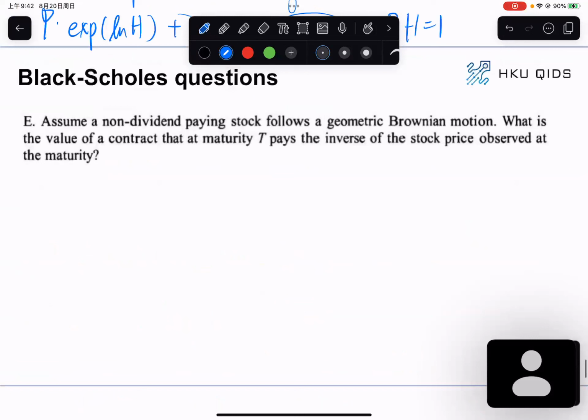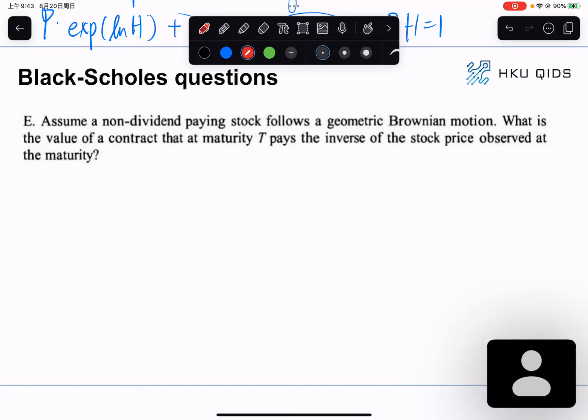And now let's continue to the second question, which is also the last question today. I know it's a long lecture, so keep going, okay? Assume a non-dividend paying stock follows a geometric Brownian motion. What is the value of a contract that at maturity T pays the inverse of the stock price observed at maturity? So again, this time we can use the